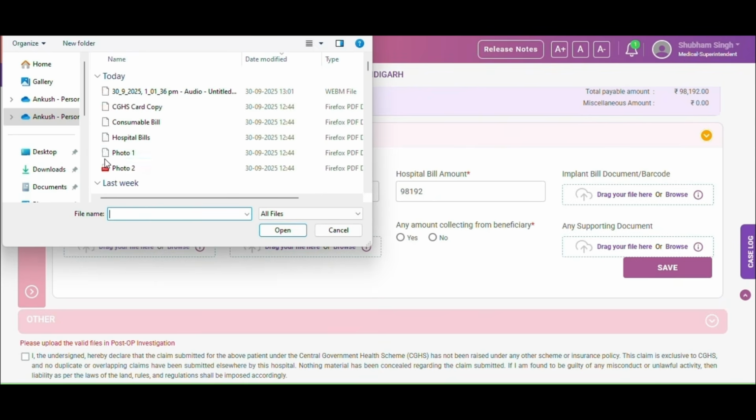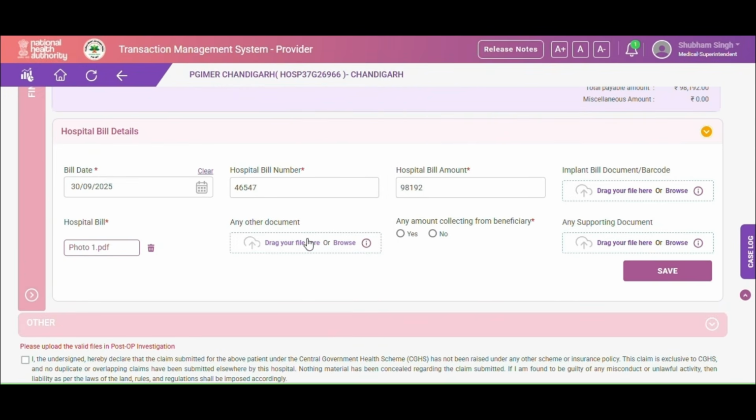hospital bill, any other document, and in case any amount is taken from the beneficiary, we need to specify it here. Click on save.